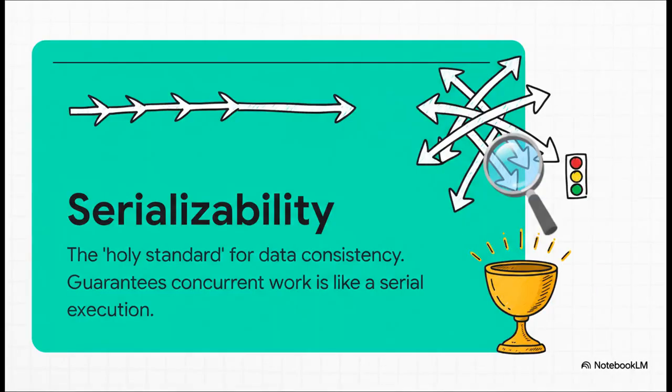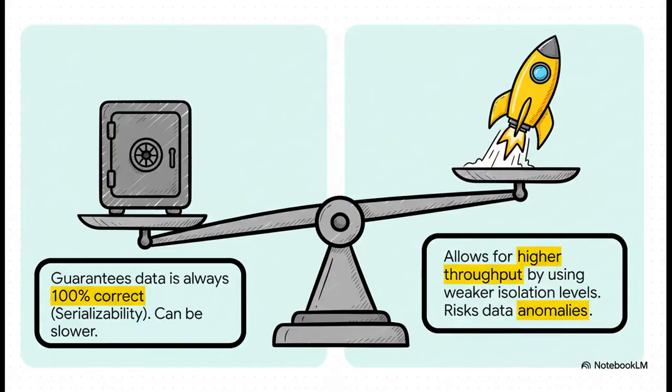Now, the perfect ideal solution to this is something called serializability. You can think of it as the holy standard for making sure data is correct. It's basically a promise that no matter how messy and chaotic things get with everyone trying to do things at once, the final result will be the same as if each request happened one by one, in a nice, neat little line. But, and this is a big but, achieving that level of perfection can slow things down. So database engineers came up with different isolation levels that let developers choose their trade-off. Do you want maximum speed, even if it means there's a tiny risk of a weird data glitch? Or do you need perfect, 100% consistency, even if it means sacrificing a little bit of performance?